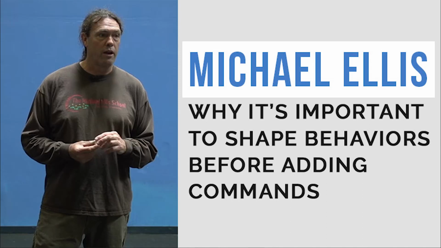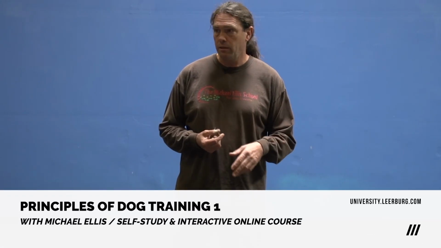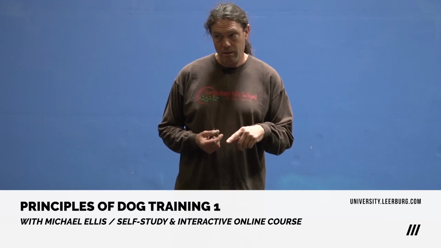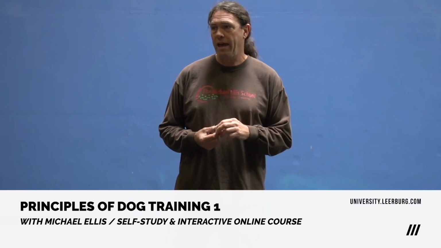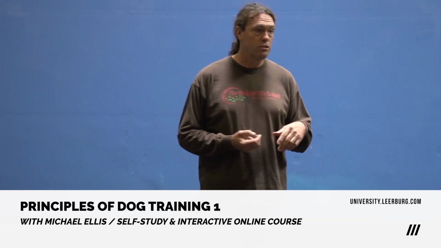You'll notice that when we first start behavior creation, and we'll come back to this because we'll talk about doing this later, when we first start creating behavior, we don't put commands to our behaviors. So you're not going to say sit, you're not going to say touch, you're not going to say any of that. You're just going to teach the dog how to do it. And once we fluently get the dog doing it, then we'll put a word to it. We'll add the command. The reason for this is twofold.